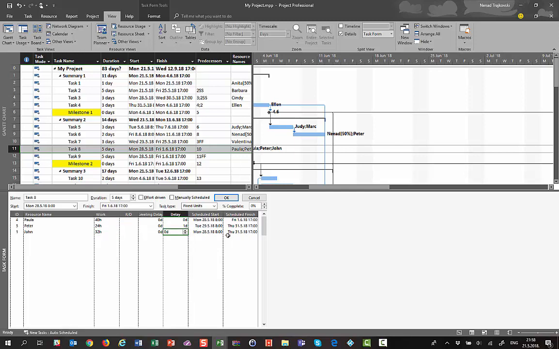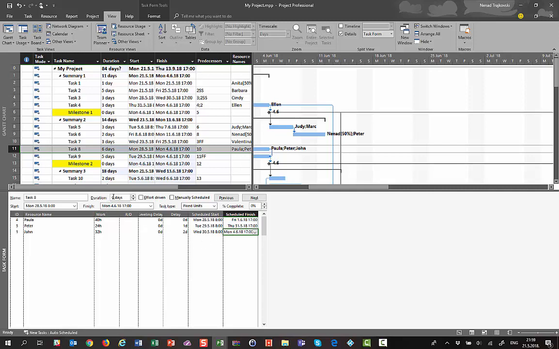He is going to be 2 days in delay. It means that he is not delayed in task execution, but in task starting. This delay does not mean that he is late, but he will not start working on the same day as Paula. If I put 2 days, now you can see he is going to work from Wednesday to next Monday, because he needs 4 days, and that means that